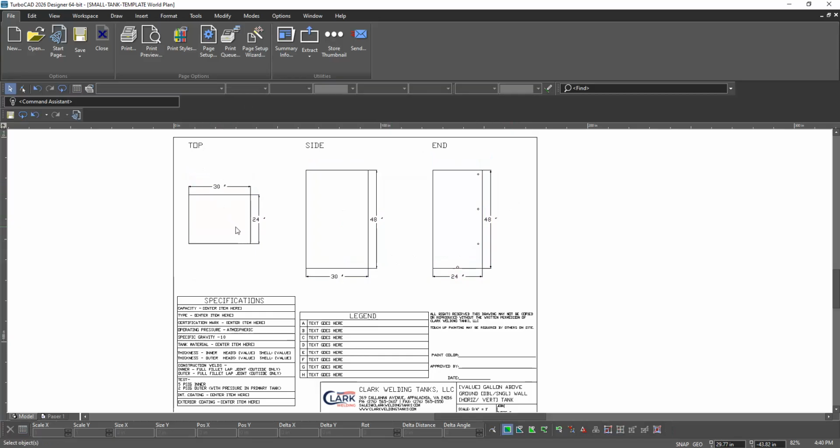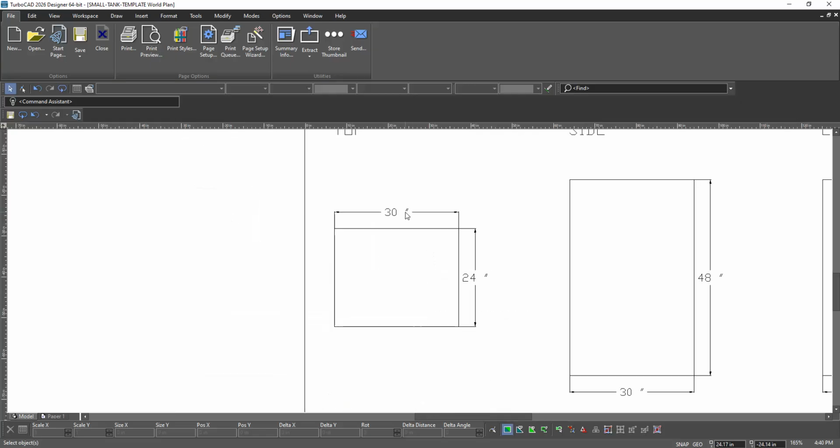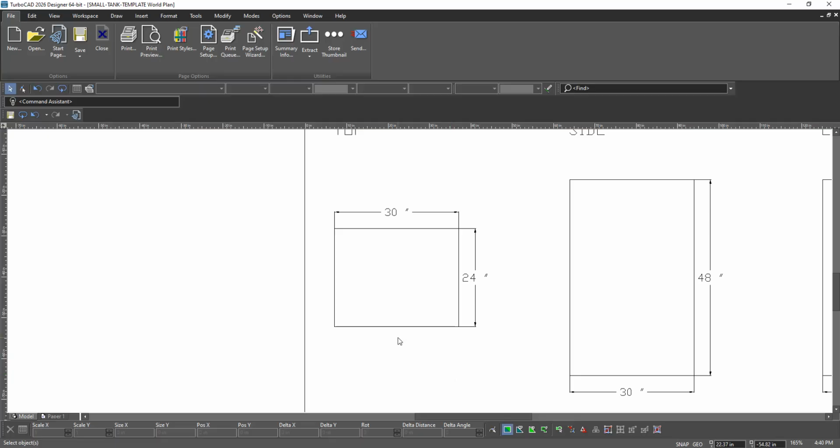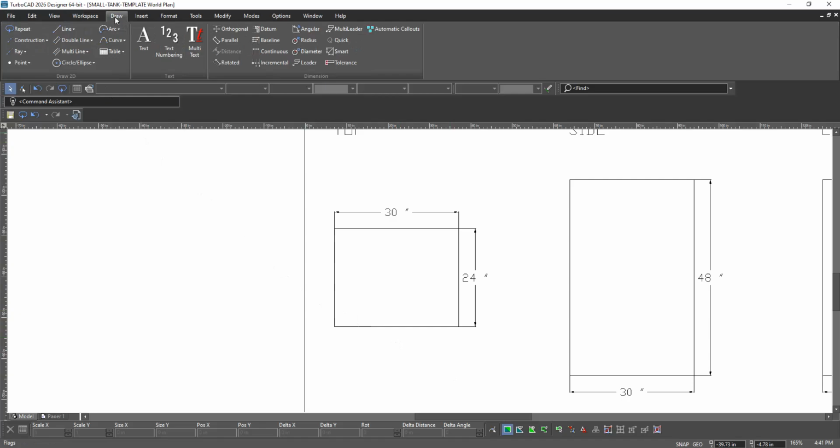Okay, another change that I want to do is I actually want to move this dimension down to here. So probably the easiest way for us to do that is to go to draw and go here where it says smart. Click smart,